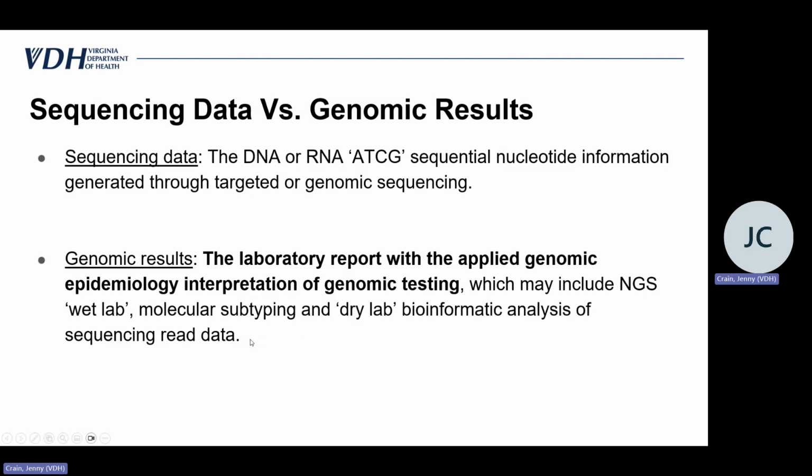Okay, another term that I want to spell out or clarify. In Virginia, I've had a lot of success when working with multiple different stakeholders, say IT from the state lab side or the Department of Health side. Trying to get everybody to speak the same language is not always an easy thing. So we've really tried to express that the term sequencing data really refers to just the ATCs and Gs, the sequential nucleotide information that is generated through whole genome or genomic sequencing, and that is the information coming off of the MiSeq, Illumina, sequencers in the state laboratory.